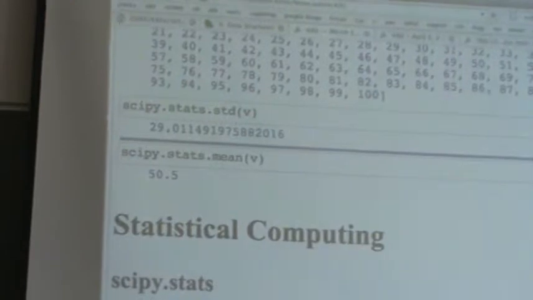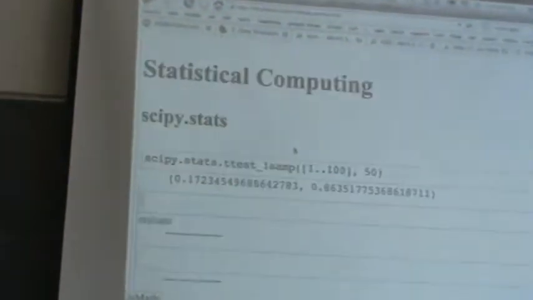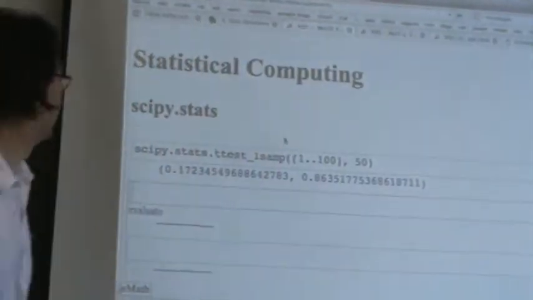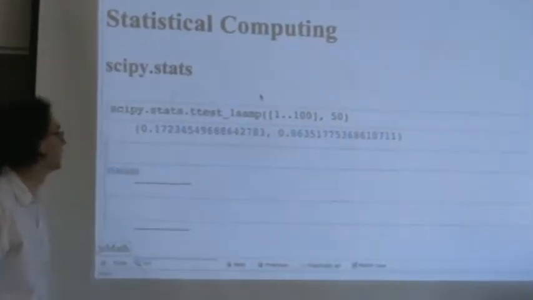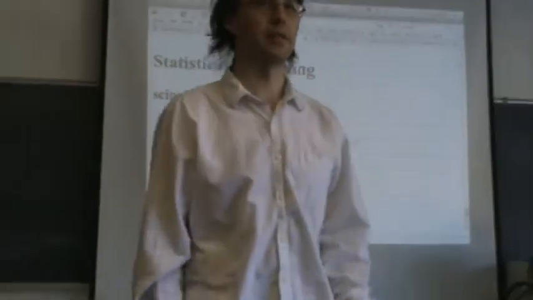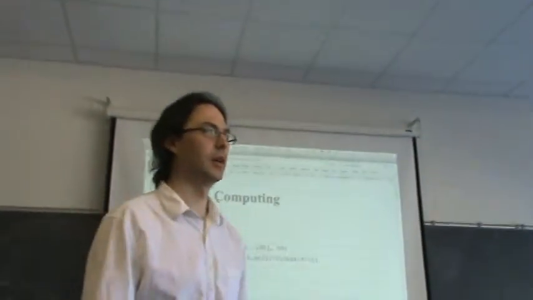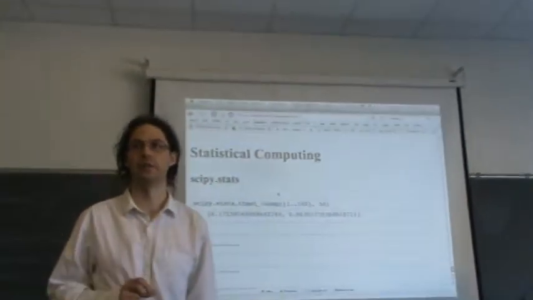So just a little tiny thing. You can also do, say, a t-test. So there's an example of the output of doing a t-test for this particular data, assuming that population mean. Okay, so that's SciPy stats. There's a lot of stuff in there. It's growing. I think they're going to put a lot of work into making it better, et cetera. So that's one of the two ways in which you can use statistical functionality in Sage.